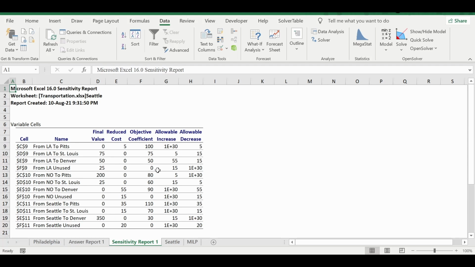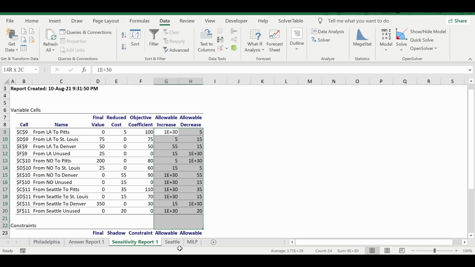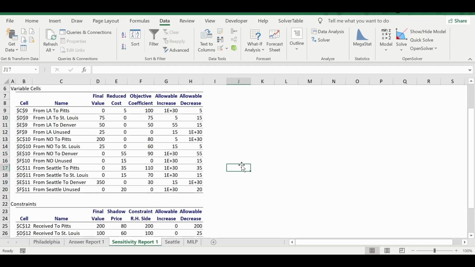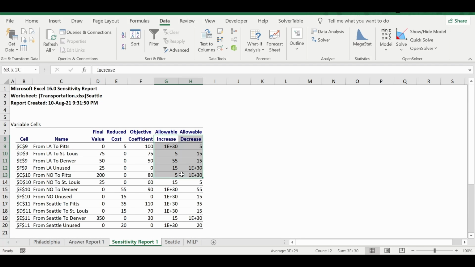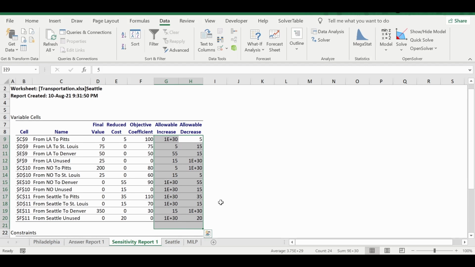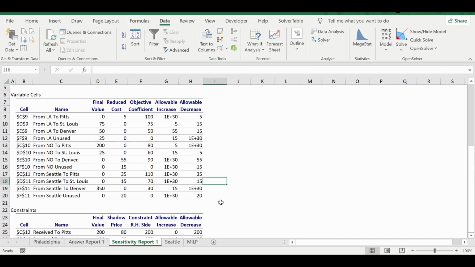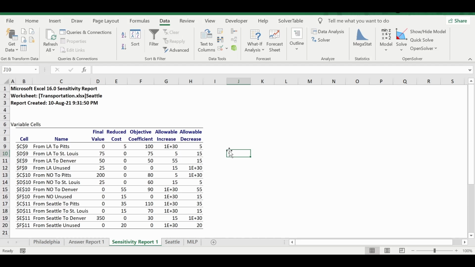But in the sensitivity report, no, sorry, actually in the sensitivity report also you don't find any allowable increase or decrease that is equal to 0. Therefore the sensitivity report is valid and it can be referred to for analysis. What kind of analysis?